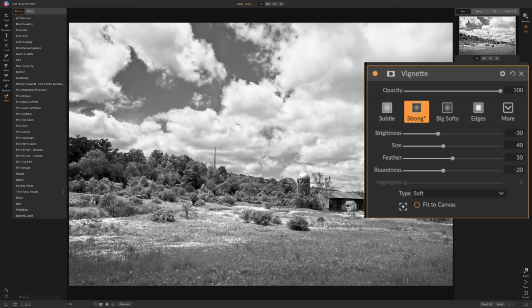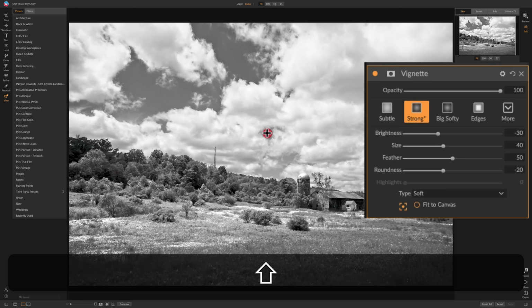So what I'm going to do is click on this tool right here. And when I do that, my cursor again will turn into the plus sign. I'm going to hold the shift key in. This is where I could place the center of the vignette. I'm holding the shift key in when I do it, and I could drag it around. And I'm going to skew it a little bit more lower and to the left,